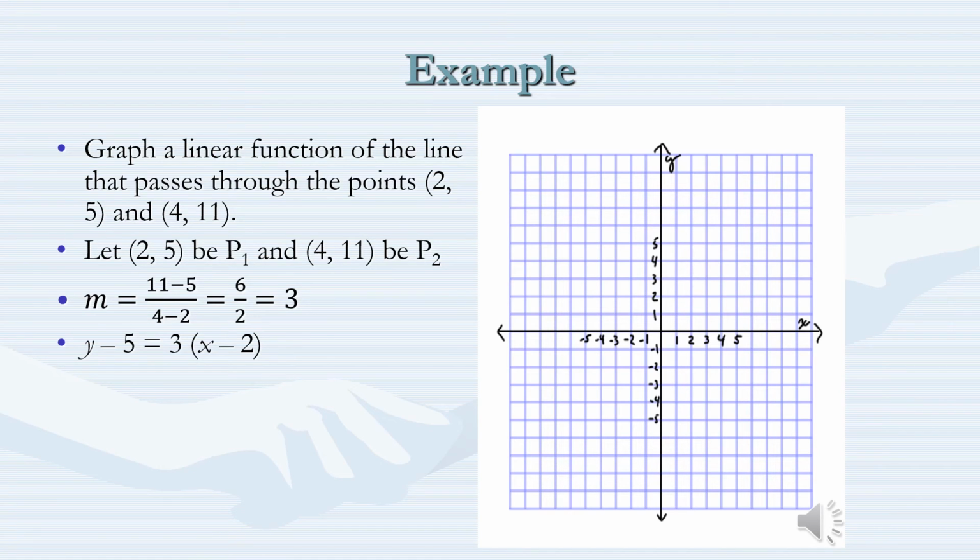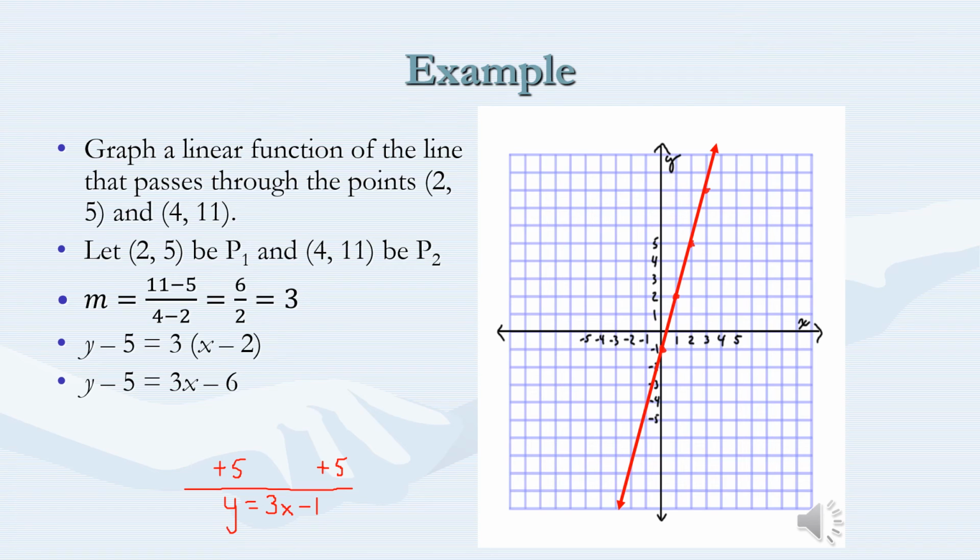Now to graph it, I need to change that to slope-intercept form. The first thing I'm going to do is distribute the 3 to both the x and the negative 2. That's how I get y minus 5 equals 3x minus 6. And then I'm going to add 5 to both sides so that I get my function of y equals 3x minus 1. I then am going to plot my points, starting at negative 1 on the y-axis and going up 3 and over 1 all the way through the graph as much as I can. Then I connect the dots from edge to edge on the graph,